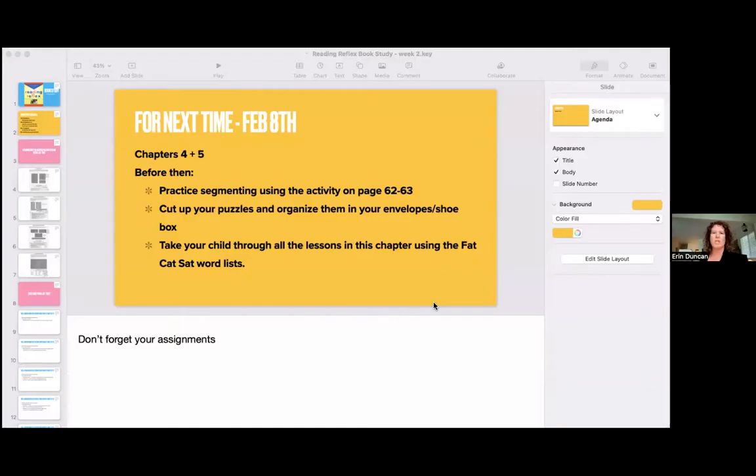Since we're starting with chapter 4, I think that's good. It's going to give us a nice review of what we looked at last week, because the lessons are basically the same as the lessons in chapter 3. It's just that the words are longer, so they're harder to segment and blend, and we need to teach children how to do that. And then chapter 5 is, as I mentioned last week, where things are going to get interesting. We'll be learning in that chapter how to take the same speech to print approach that we've taken to the basic code and learn the rest of the code in that same approach, no changing in what we're doing.